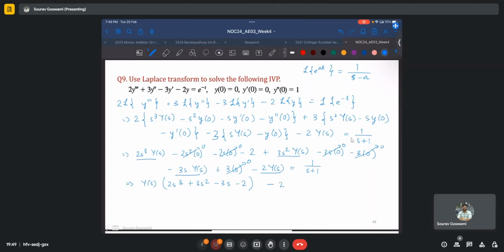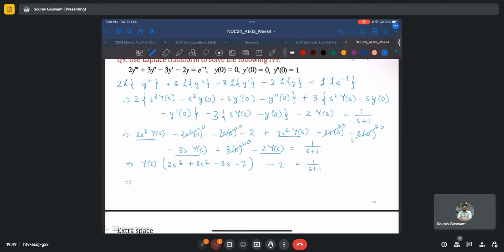Only the constant minus 2 remaining equals 1 by s plus 1, which implies that y of s times 2s cube plus 3s square minus 3s minus 2 equals 1 by s plus 1 plus 2, which is equal to 1 plus 2s plus 2, so 2s plus 3,